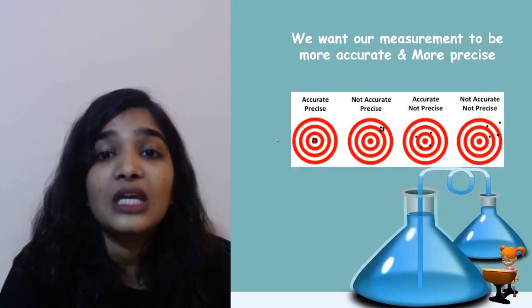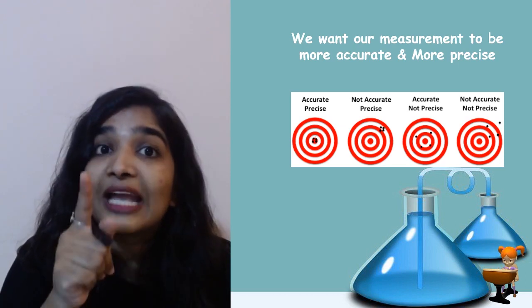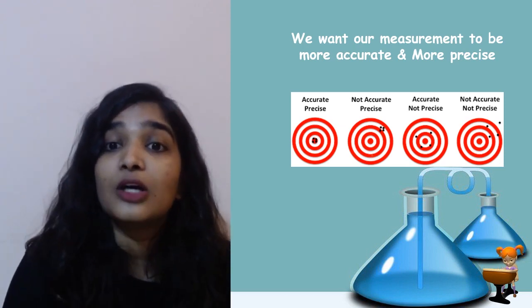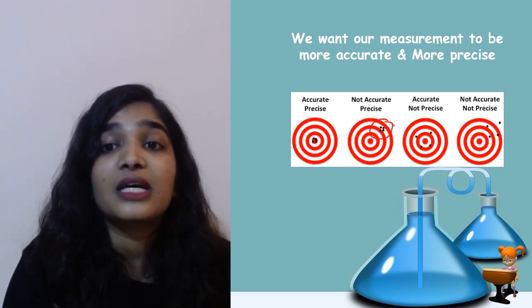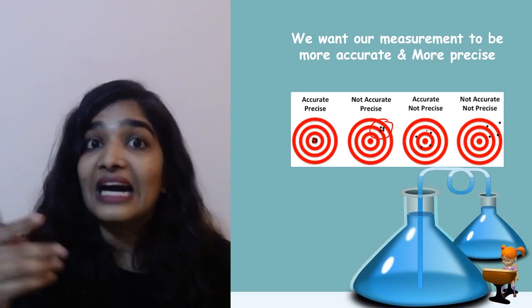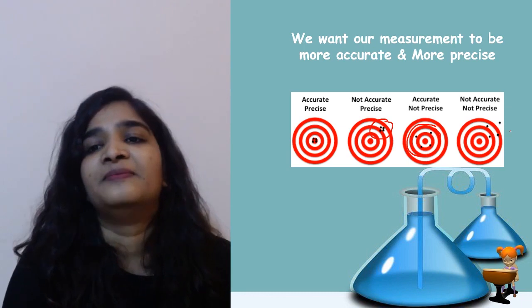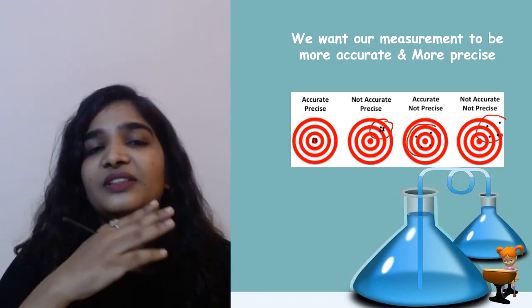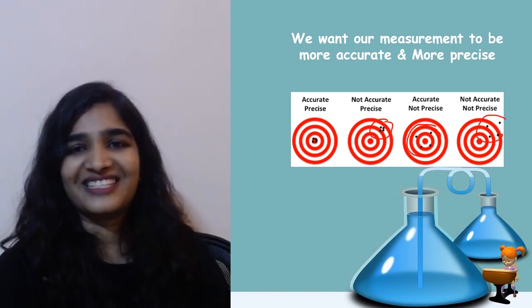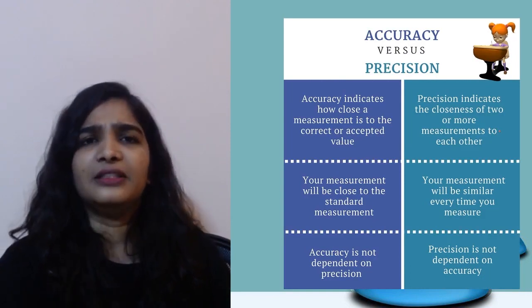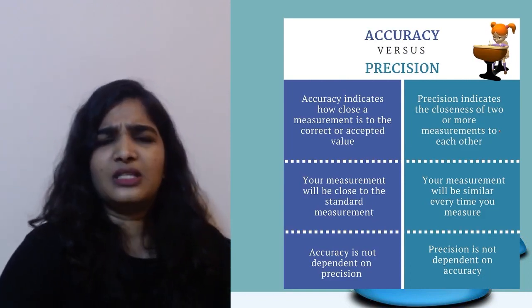Okay, so here you can see this is both accurate and precise, right? Not accurate, but they are precise. But here they are very close to the true value. They are accurate but not precise. Here, neither accurate nor precise. So what is the difference? What is this accuracy, precision?